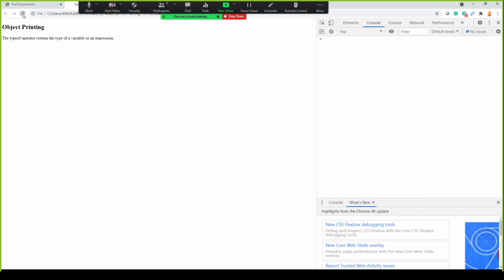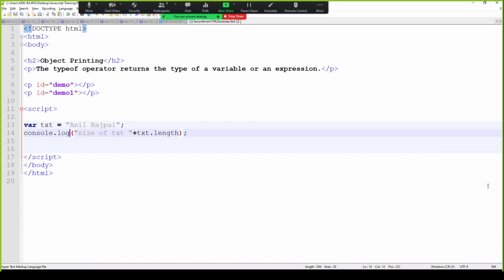Right, so it prints the value, which is the size, and these are actually very helpful when you're creating a logic, right? So when you want to write some algorithm or the logic, these are very much important. The next thing I want to talk about is how to find the index of